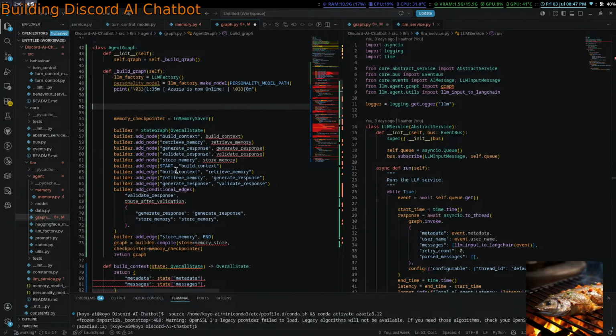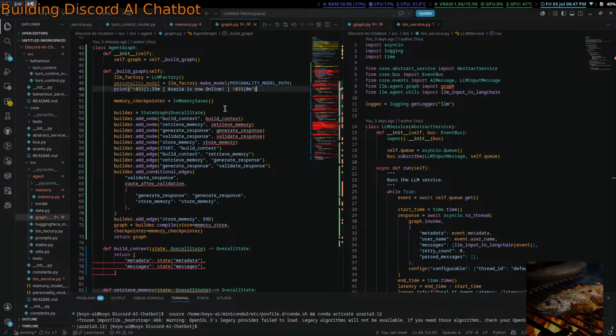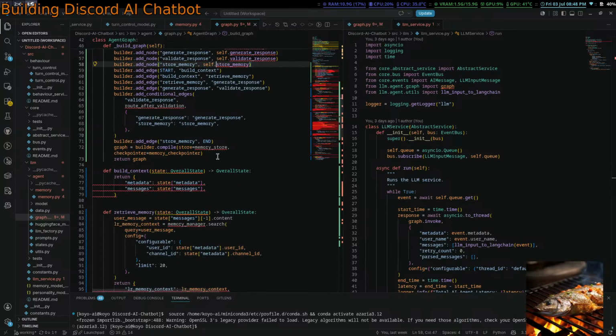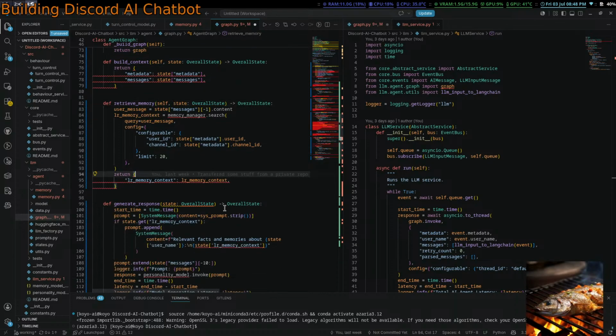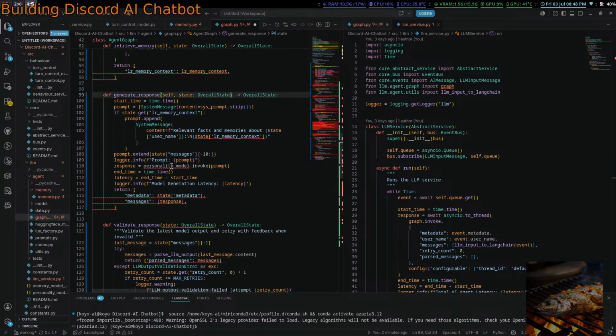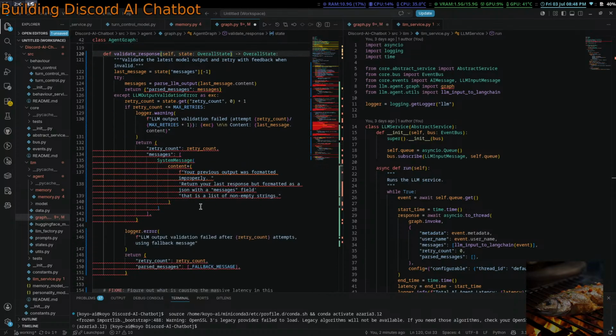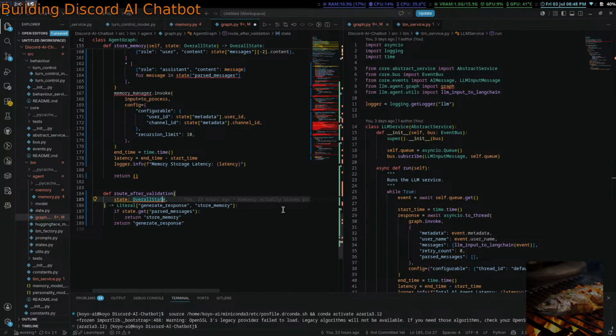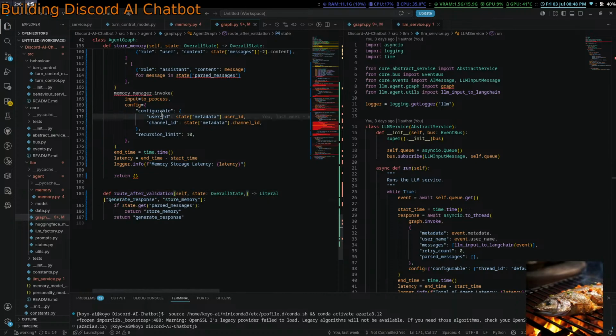Memory checkpointer, we do want that. These are all just going to be self, and then they're all going to pass in self. And self.route after validation. Why? Like self state, overall state. What is this?